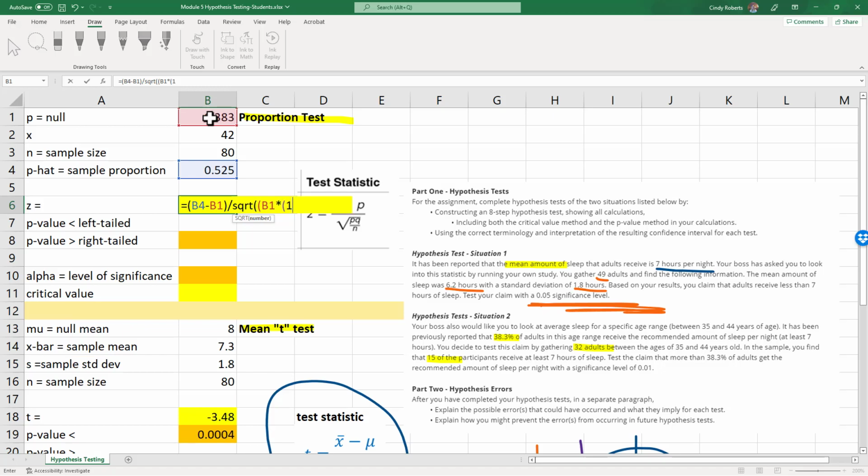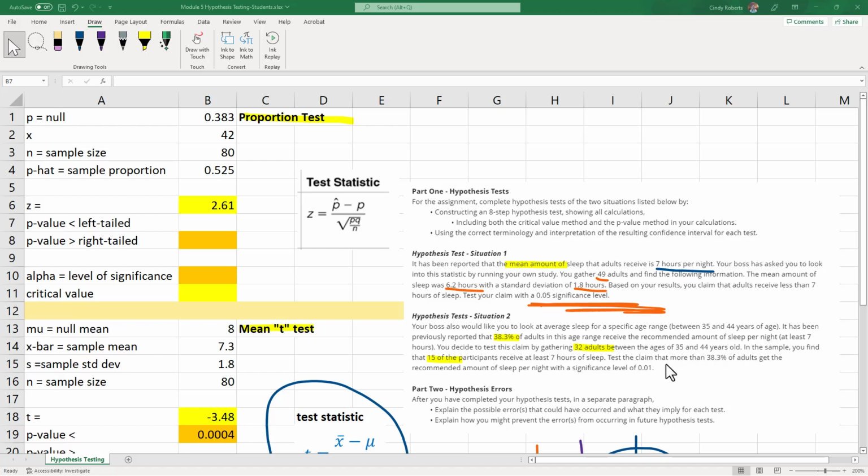So I could put that in parentheses, 1 minus P, or you could have had it over here in another cell. I've already lost all my parentheses. That closes the top, divided by the sample size, close my square root. So nicely Excel color codes these parentheses. So the square root of the null proportion times 1 minus P, that's the Q, and then divided by my sample size. I hit enter, and this gives me my Z value. So now from here,